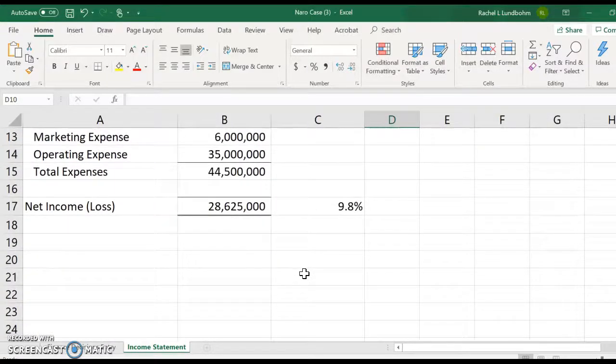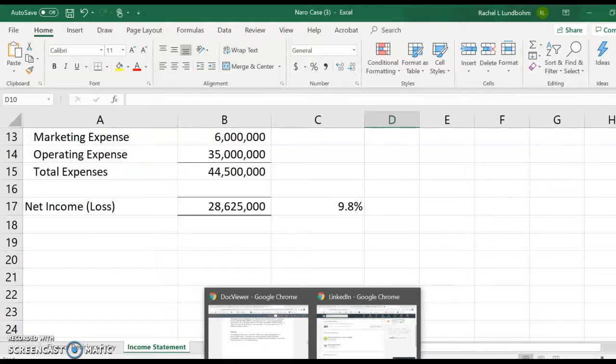So your goal is to make choices and provide rationale for your choices. I provided no rationale for my choices. They were really random. What you need to do is try to get the highest net income possible. And you have to get a net income that's positive for this assignment. Okay. And then when you're done with that,